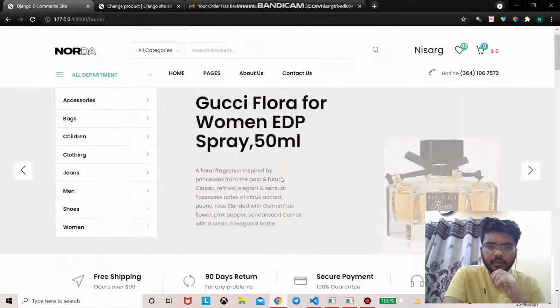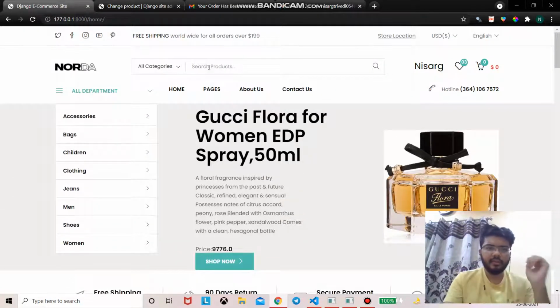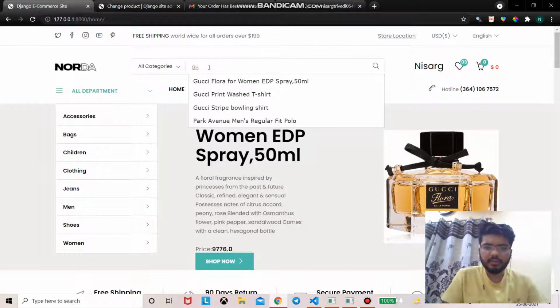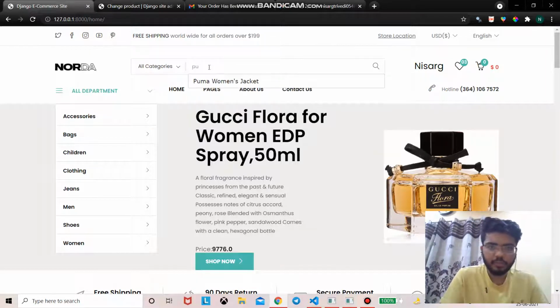One thing also, here I have implemented an automated search query. If we type GU, then we will have all the products related to GU listed over here. If we type PU, Puma, we have in no time the Puma women's jacket. This is done by an Ajax query. If we type bag, we will have a small mount-shaped laptop bag.